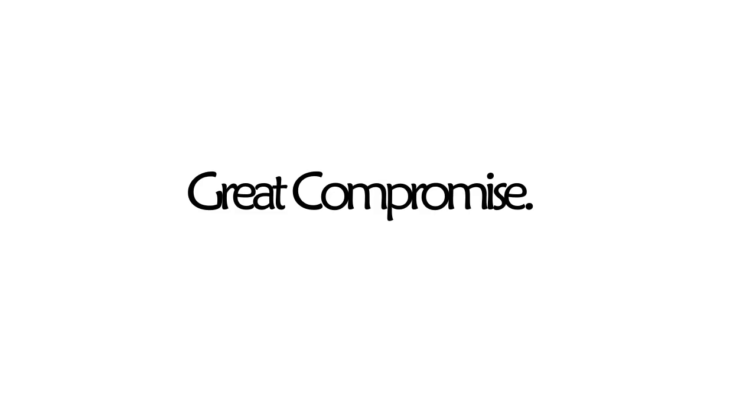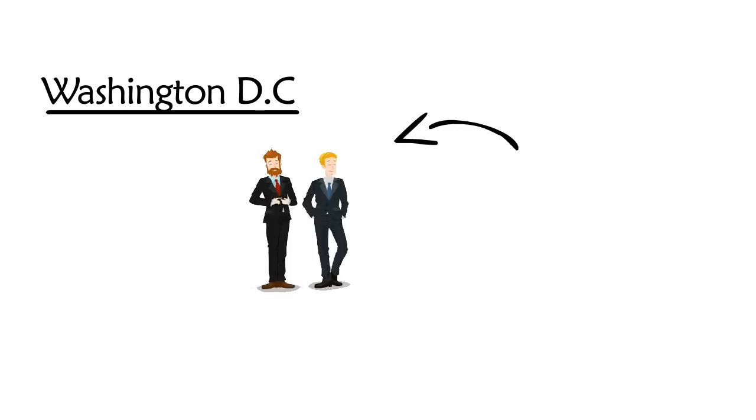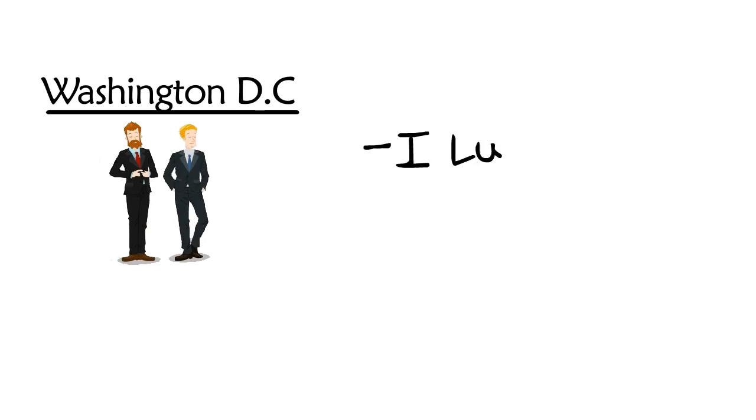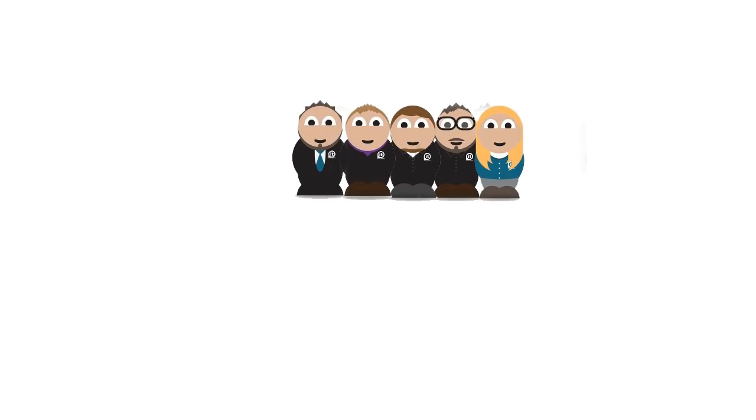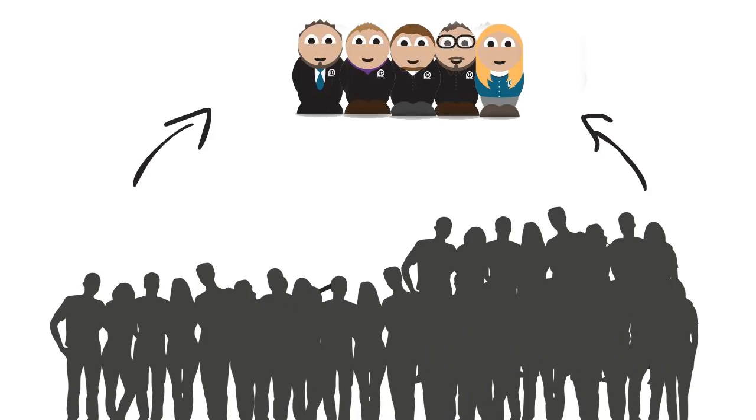One of the compromises that occurs before the 3/5 compromise is the Great Compromise, or the Connecticut Compromise. This created a bicameral legislature, which separated a House and a Senate. Each state sent 2 senators. So small states are like, I love it. And we have a House of Reps based on population, and the large states are like, I love it. So now we get even closer to the 3/5 compromise.